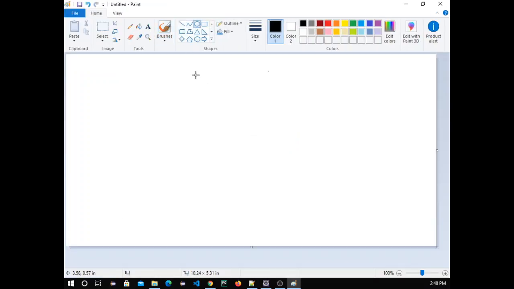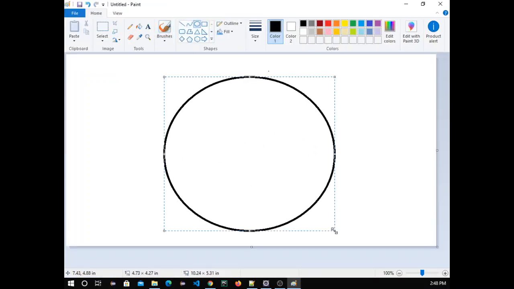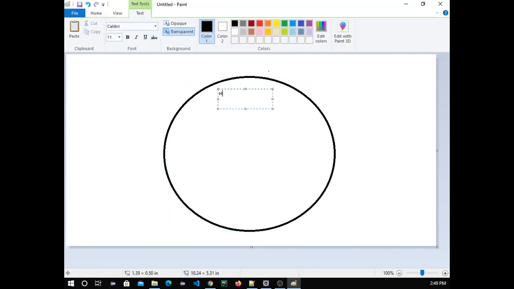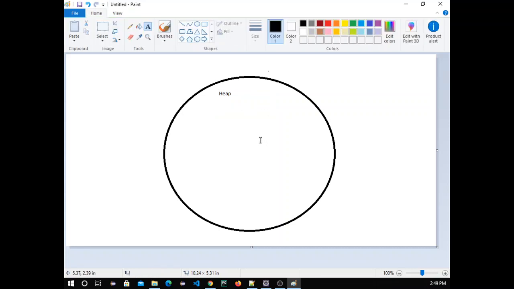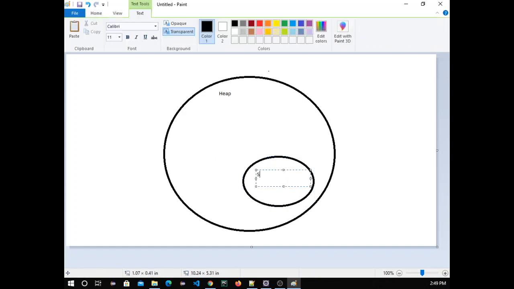So suppose this is the heap, and this is the string constant pool.